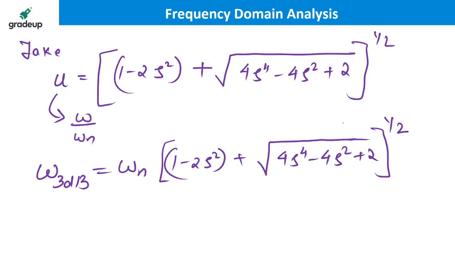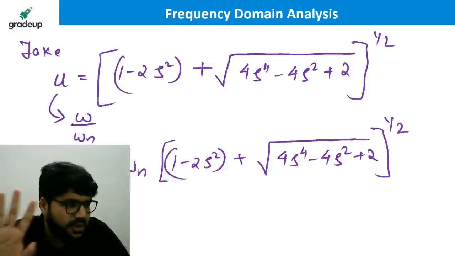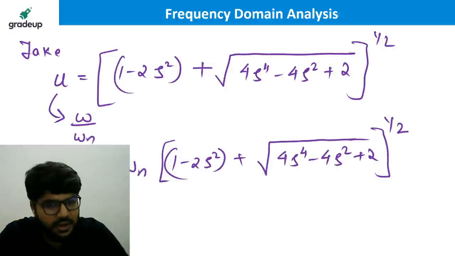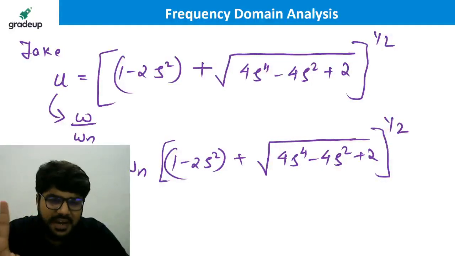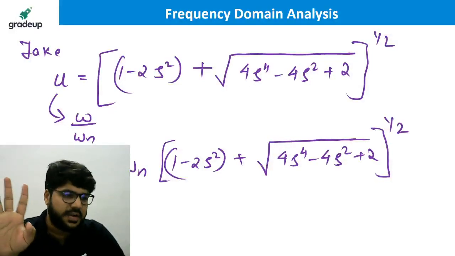Okay, and that is why I told the formula. And with respect to GATE, numericals are also not expected. Definitely such numericals are expected in exams like Engineering Services Mains. Such formulas can be expected there, but don't remember them if you're focusing only on GATE. But yeah, how to solve bandwidth? There is less chance of a 3 dB bandwidth question for a second order system coming in GATE.